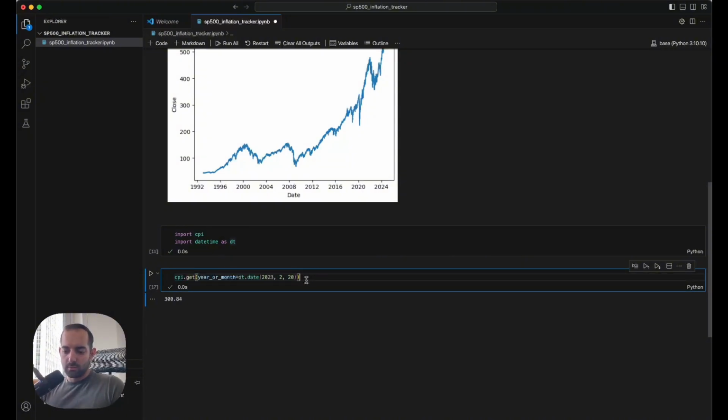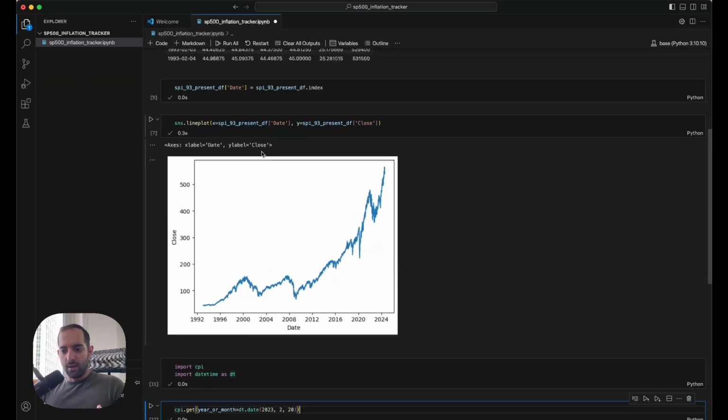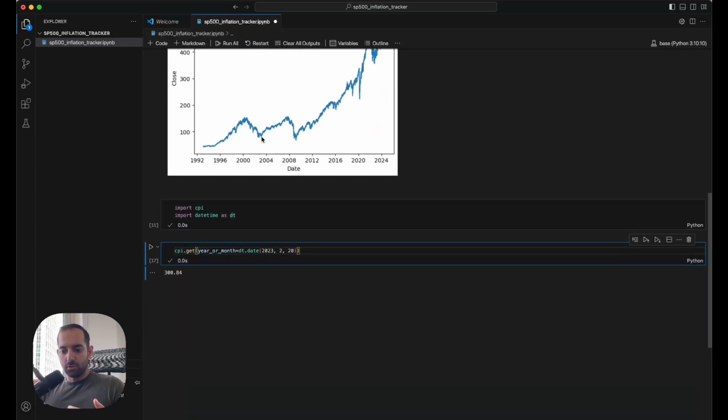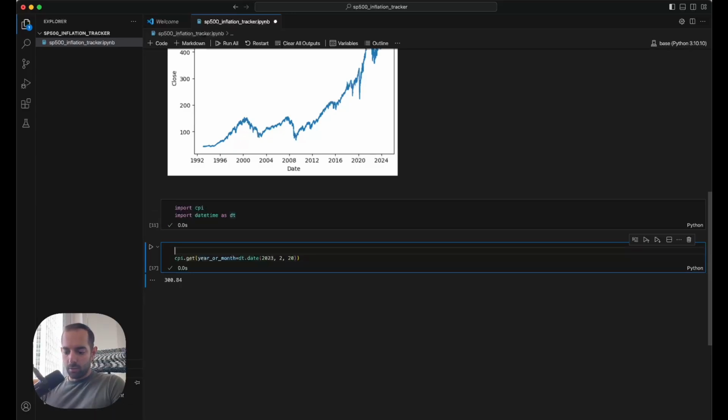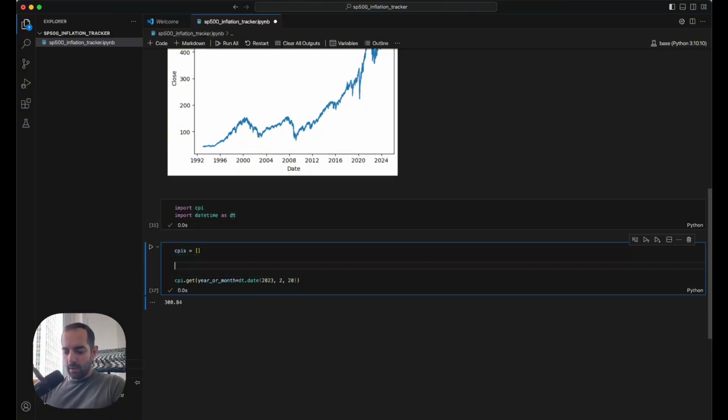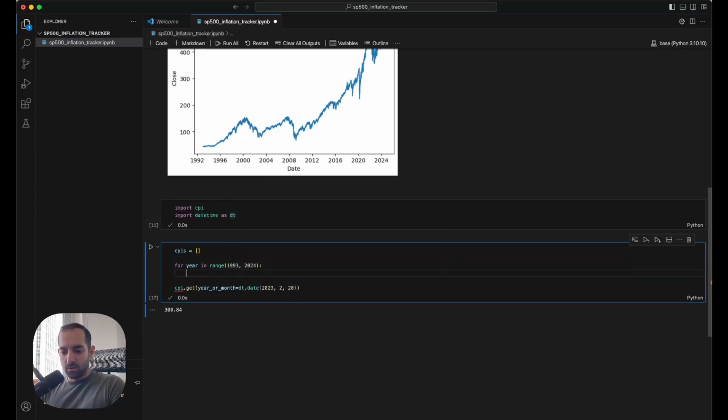Now, what we're going to want to do is basically get the CPI for every month from the start of this data set, that is in January 1993 up to July 2024. In order to do that, this is what I wanted to do first. I'll create a list. I'll just call it CPIs. It's an empty list. And then I'm going to create a for loop for year in range 1993 to 2024. I want for the months in range 1 through 13,